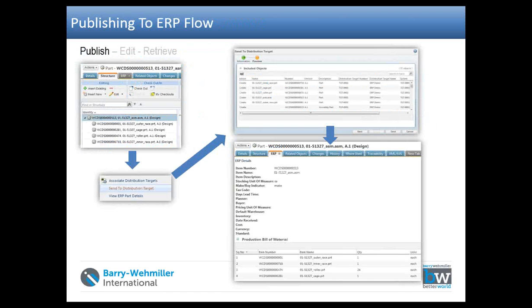You can see here, I'm just giving the idea of how publishing works in Windchill. You can see at the top left, the bill of material is ready. So we are going to publish this one using the send to distribution target option. You can see the send to distribution target action either in the actions or in the context menu. Once you click this, you will get one window where the list of objects